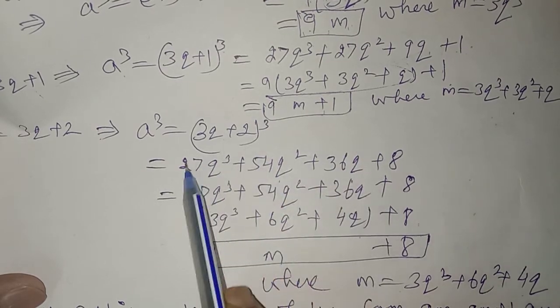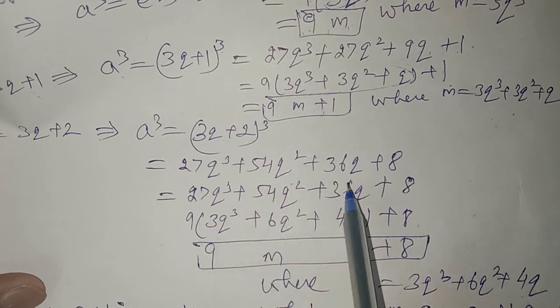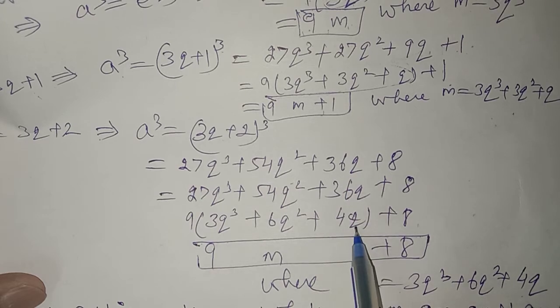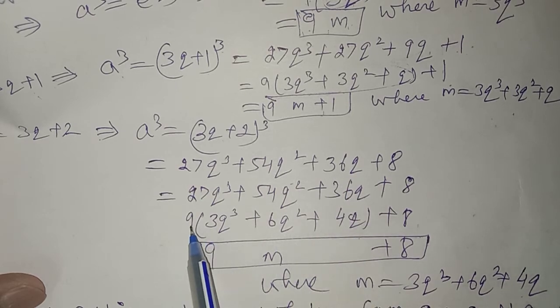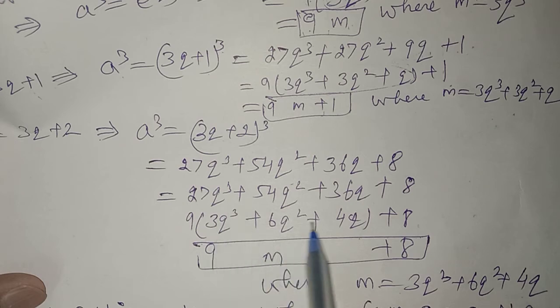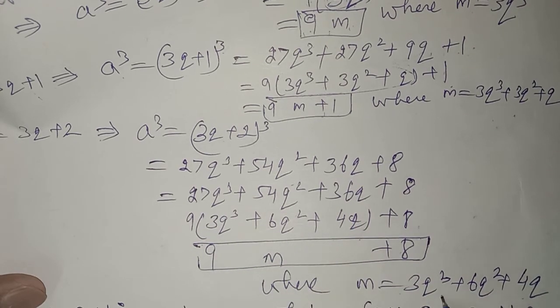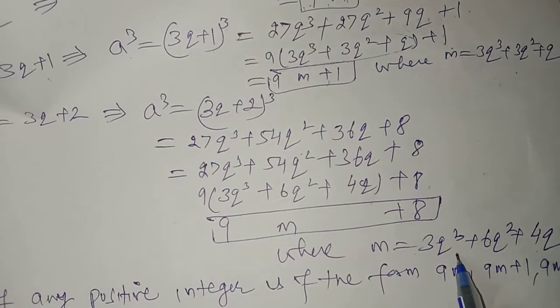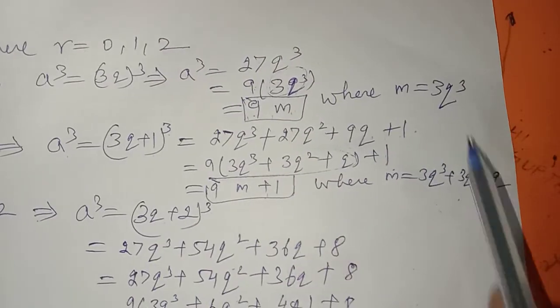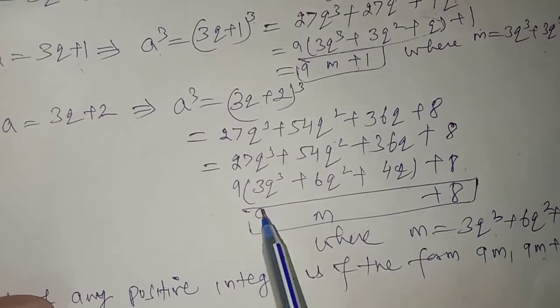You do this in your rough work if you are unable to do it directly. Now again in the first 3 terms the 9 is common. So what remains: 9 3s are 27, 9 6s are 54 and 9 4s are 36. You can take q common as well, but take only 9 common, because you have to prove 9m plus 8. So let it equal to m. So 9m plus 8, where m is equal to this, which you have to write. In each case m changes; here m is what we have let as this, and here we have let it equal to m.